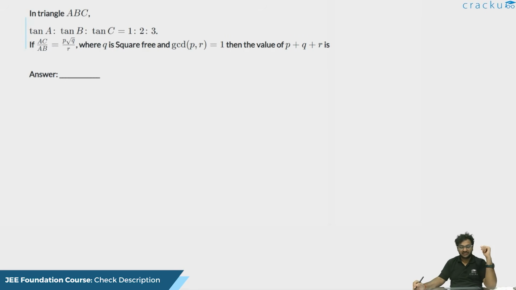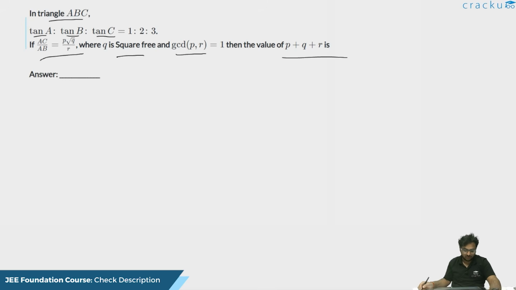Hi everyone, let us look at this question. So the question says that if in triangle ABC, tan A is to tan B is to tan C is equal to 1 is to 2 is to 3, and if AC by AB is equal to P root Q by R, where Q is square free and GCD is the highest common factor, is equal to 1, then P plus Q plus R is. So we know in a triangle,